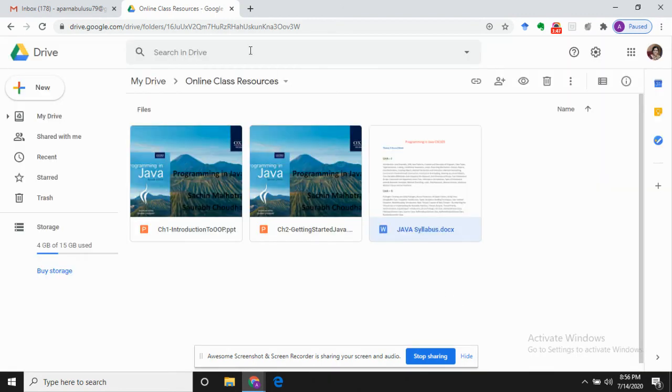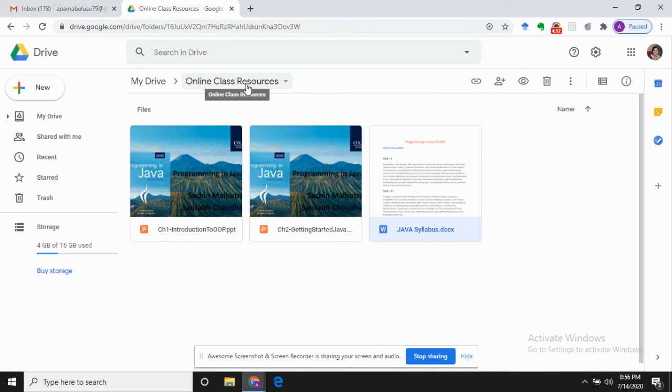So this link that I have copied, I can paste it inside an email, or I can go and paste it inside a Google Classroom or inside my students' WhatsApp group and share this particular link. Now that was sharing this one single Word document. Instead of that, you could upload all your content into this one folder and directly share the folder itself.